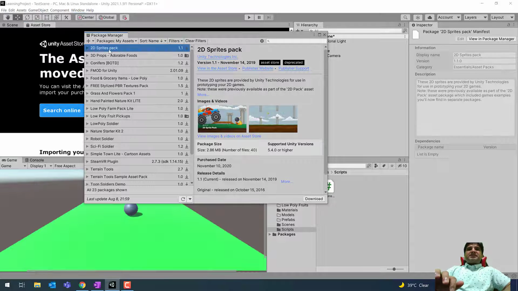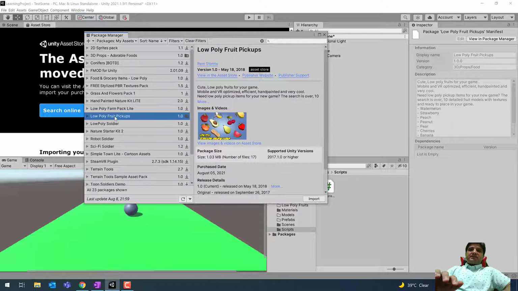At any time you can select the asset and click on this download button to download it to your project. If I search for low poly fruit pickups, this is the asset. I've already downloaded this one. You will see the download icon in your window; you can click on it to download the low poly fruit pickups.